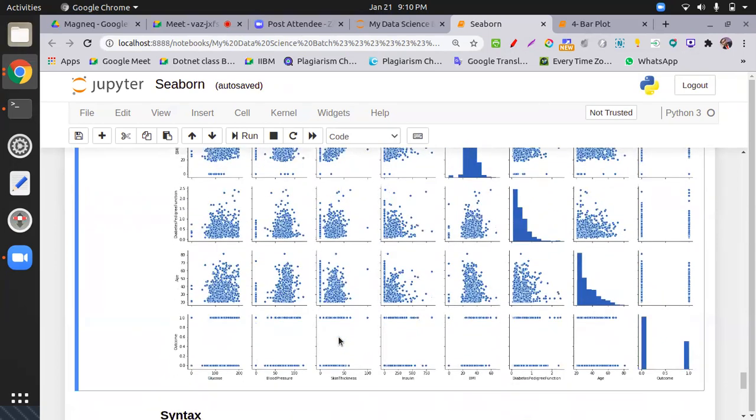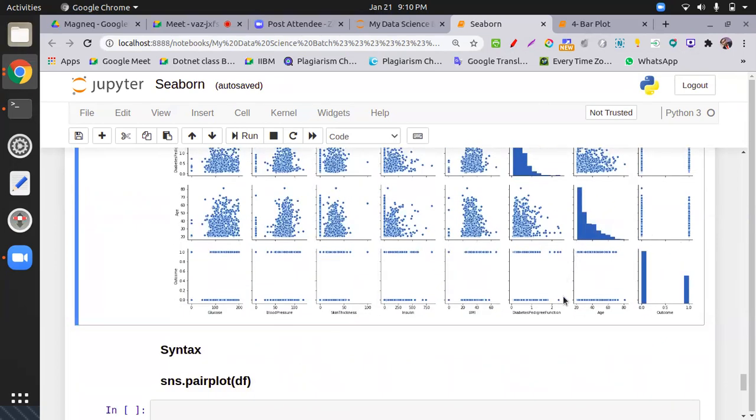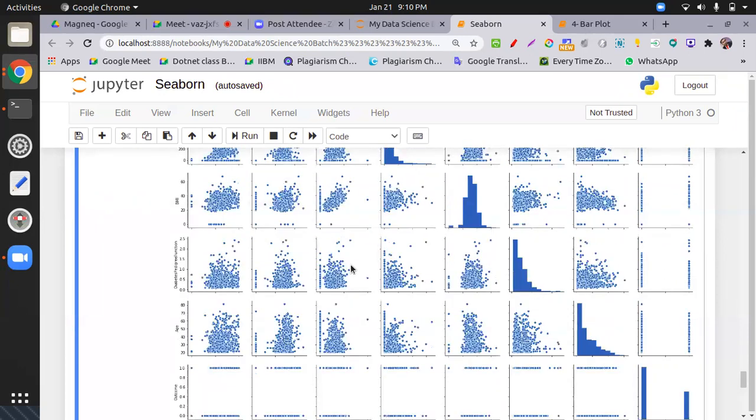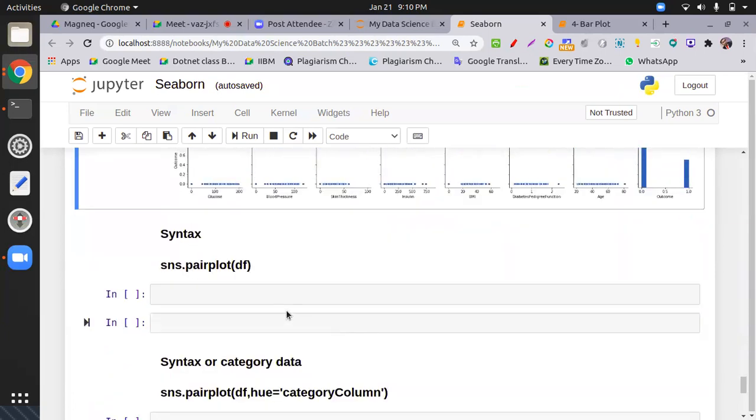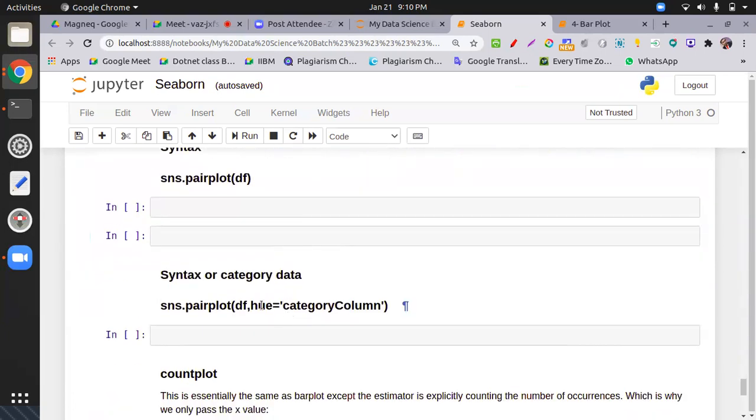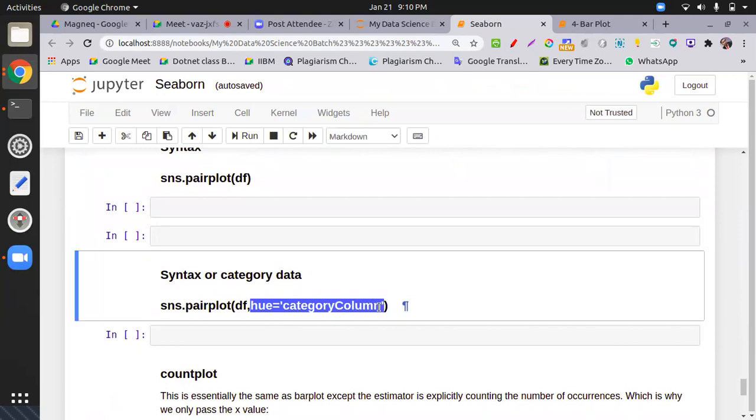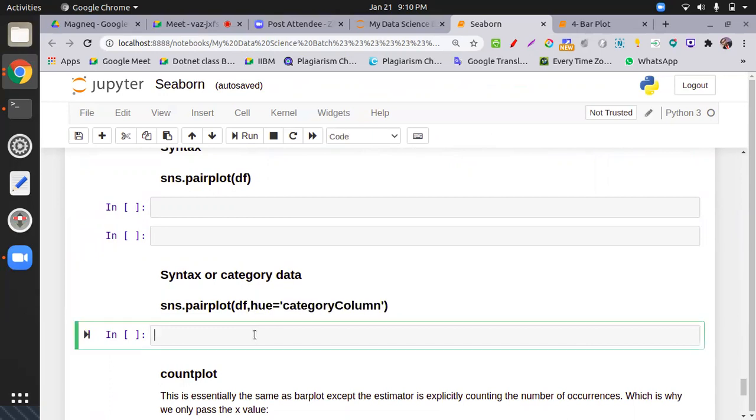If you want to divide your data by the classification column, just like I want to know which points are diabetic and which are non-diabetic, we have one more parameter: hue. Check this one. Always keep in mind in Seaborn, if you want to see data divided category-wise, always use the hue parameter.